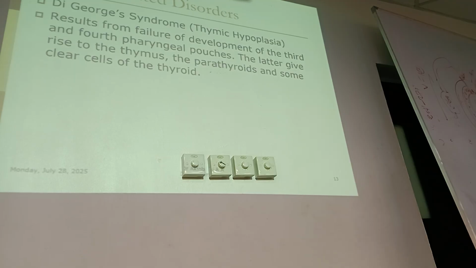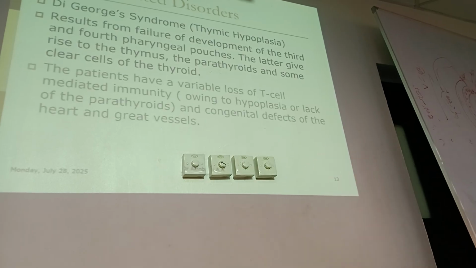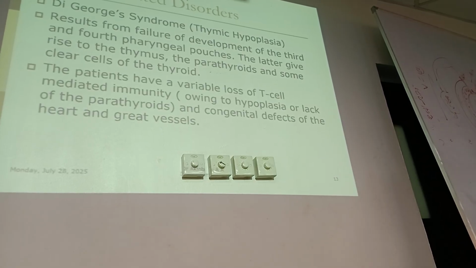So if there is a poor development of the third and the fourth pharyngeal pouches, the thymus will not develop, nor will the parathyroid and some clear cells of the thyroid. And if the development of the T cell is affected, patients have variable loss of T cell mediated immunity. T cells are depleted because the thymus is needed for T cell maturation, and there is a congenital defect of the heart, usually combined with heart and blood vessel